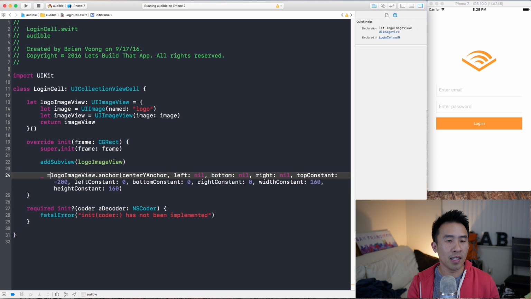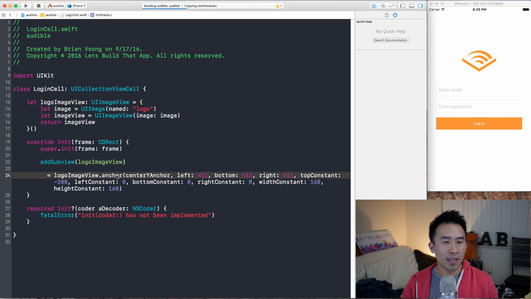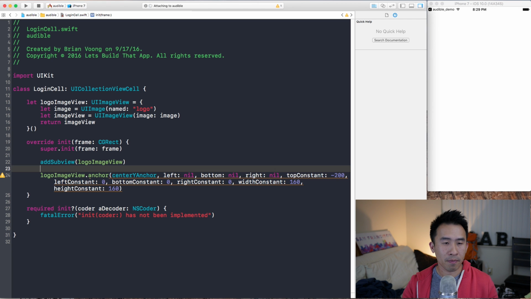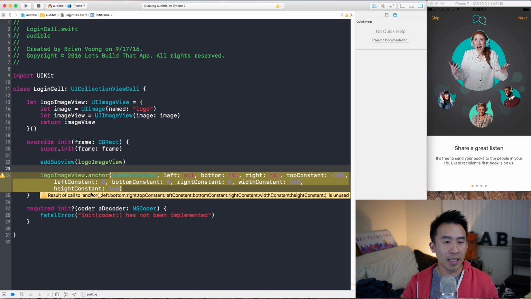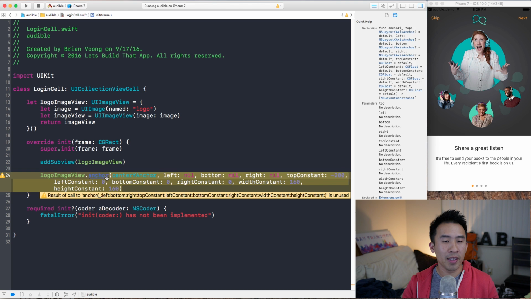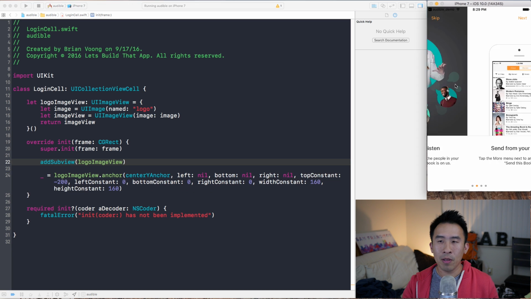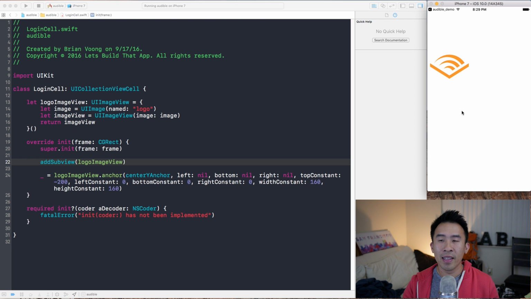I think I need to use this underscore guy right there just to get rid of the little warning guy. So if I remove that, you'll see this warning pop up. And it's saying I need to do something with the return value. I think this is new to Swift 3. Anyhow, the application is up, and if I swipe to the Logon Cell, you get the logo right here, which